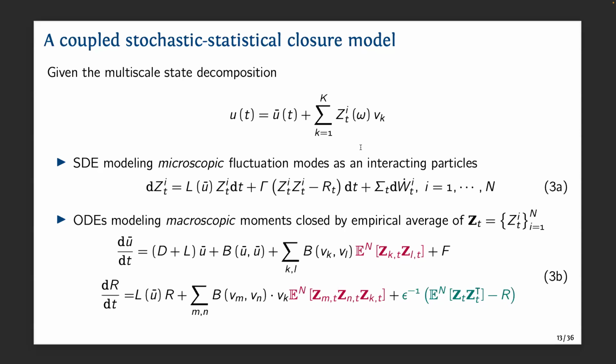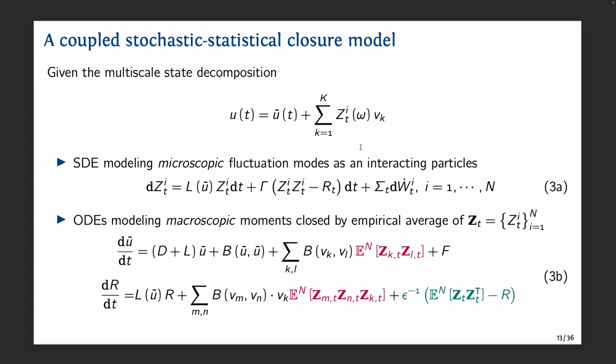We need a large number N to compute this, and for each sample this includes the summation over all the modes. So each sample has some computational cost, and then we multiply by N, making the cost even larger. And then the mean and the variance equation can be written with respect to the empirical average of the stochastic samples in the second moment and in the third moment.